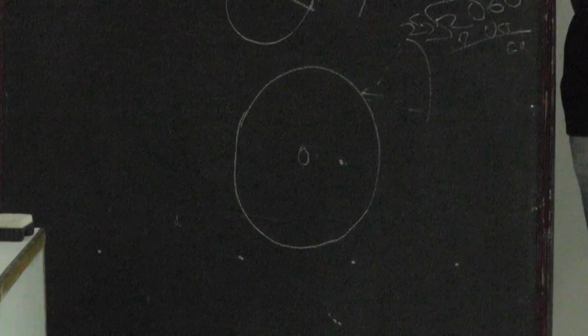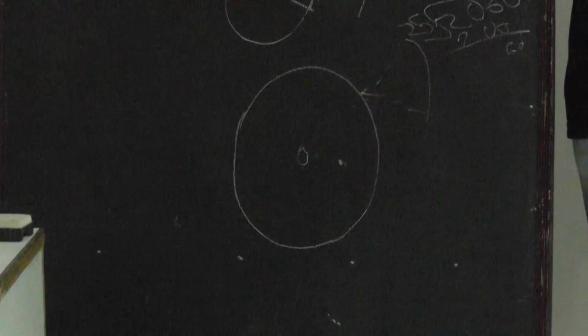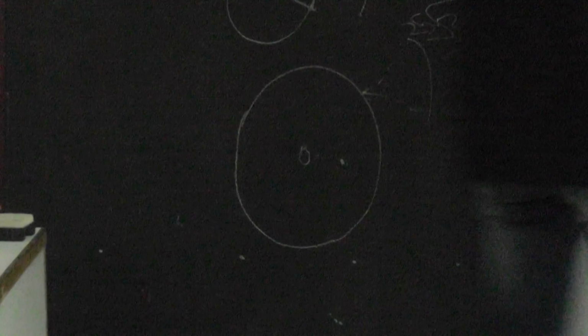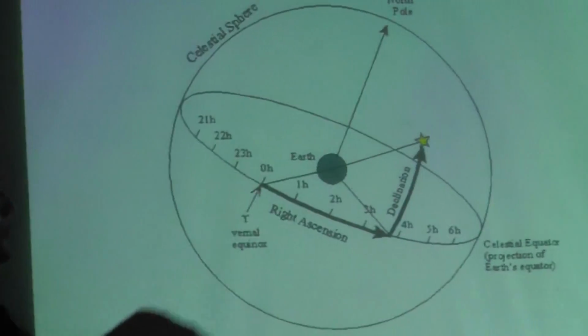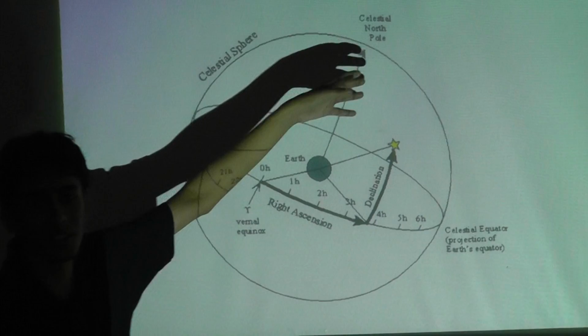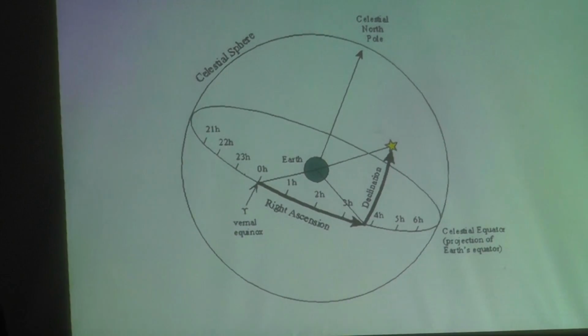What happens is that for the celestial sphere, we get an equator, or what we call the celestial equator. If you see in this photograph, this would be the celestial equator, the projection of Earth's equator. There is a celestial sphere, and obviously if we call something a sphere, then it would have something called a celestial pole, such as the celestial north pole, and here would be the celestial south pole.